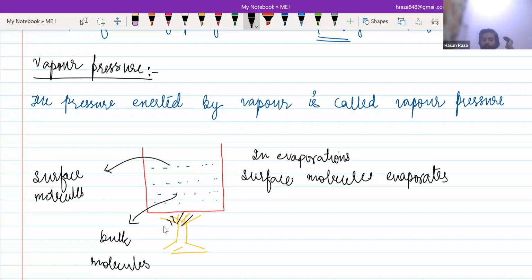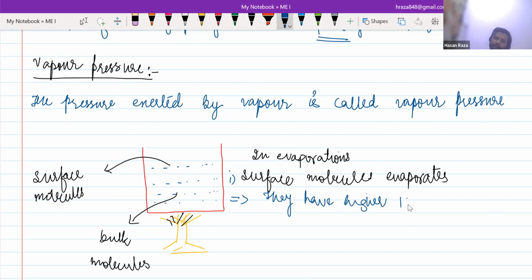If they are moving with a fast velocity, the force of attraction decreases and they reach the surface and then evaporate. So this is the answer that you have given me, and the reason behind it is they have higher kinetic energy